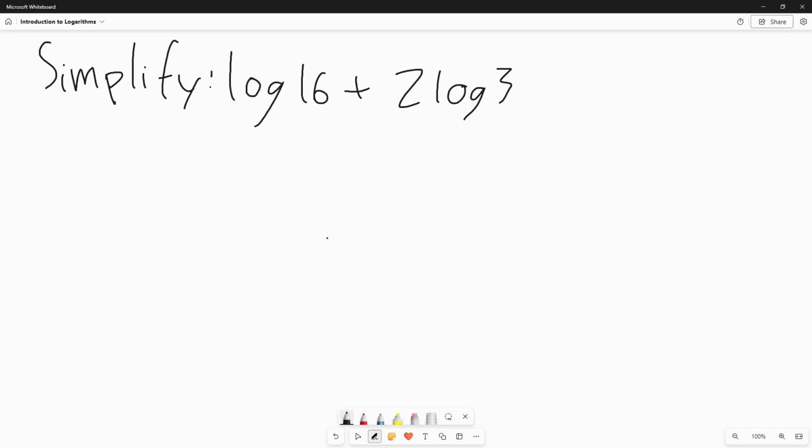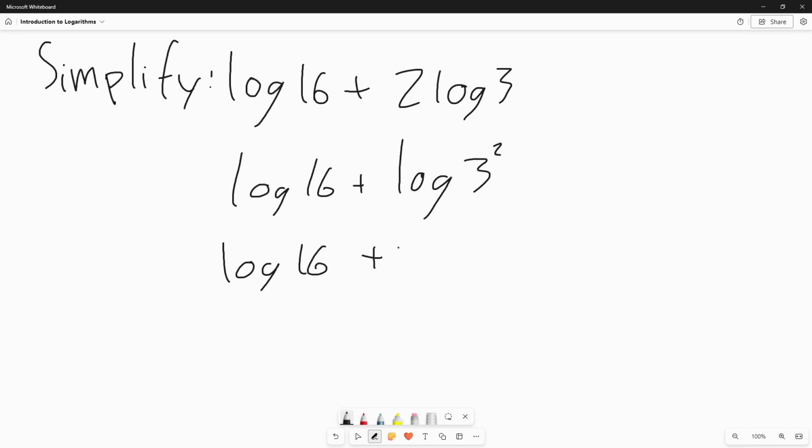This one's pretty simple. It says to simplify log base 10 of 16 plus 2 times log of 3. And for this, we just use the rules that we talked about. First, we convert 2 log 3 into log 3 to the power of 2 and add log 16 to it. And then we just put this 3 to the power of 2, which is 9, so log of 9. And we use the rule to combine 2 logs of the same base that we're adding together, and this turns into log 16 times 9, and this is equal to log